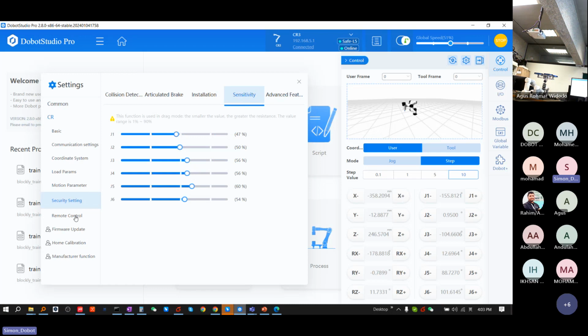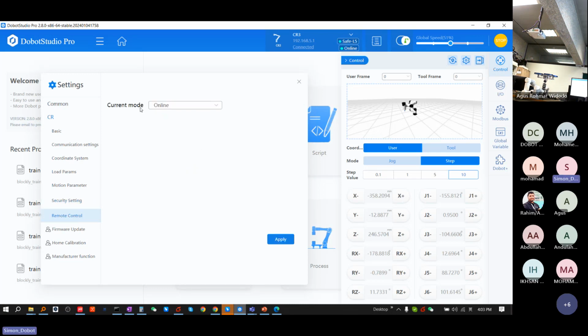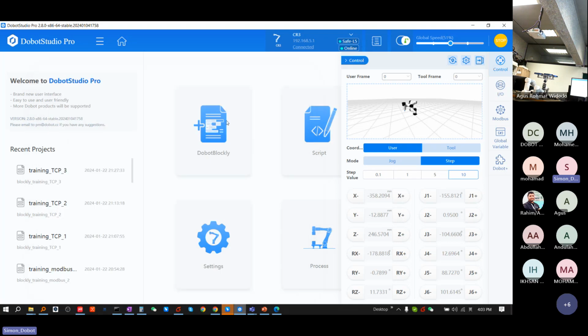And the next one is for the remote control. Okay, the current mode. For our robot, we have these 4 modes. The first one is online mode. It means you can do the programming. You do the programming and run it. The second one is